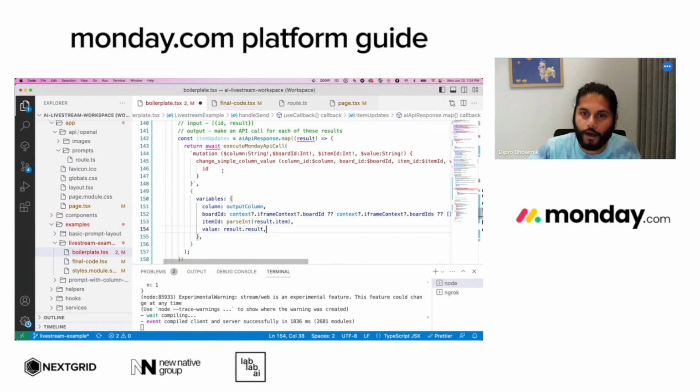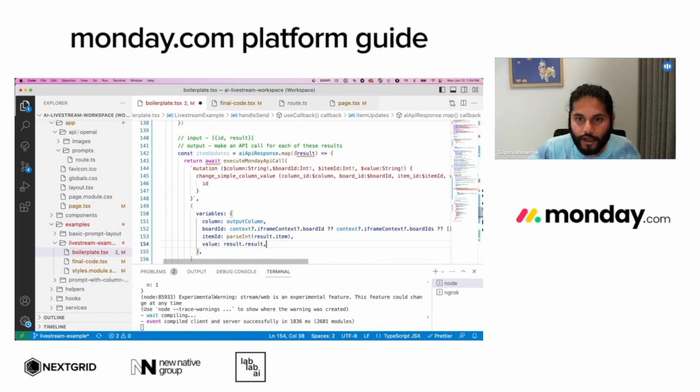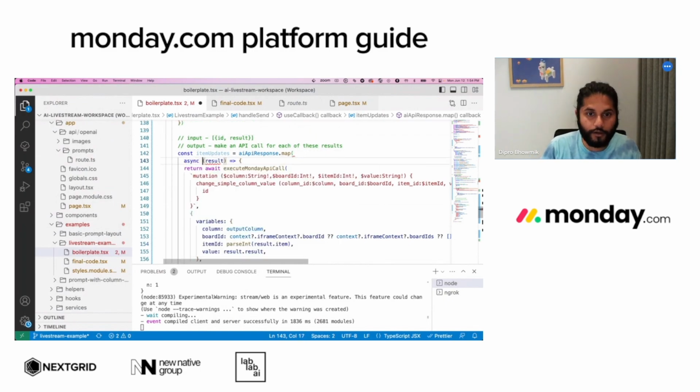Okay. And then now I have one problem, which is that it doesn't like that I'm not using async here, and so